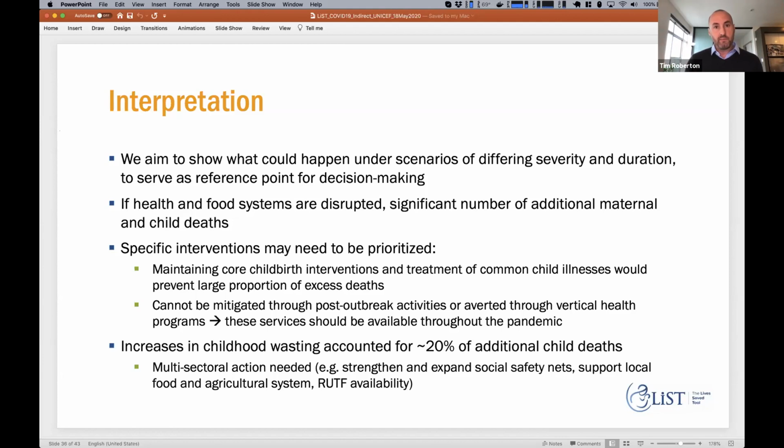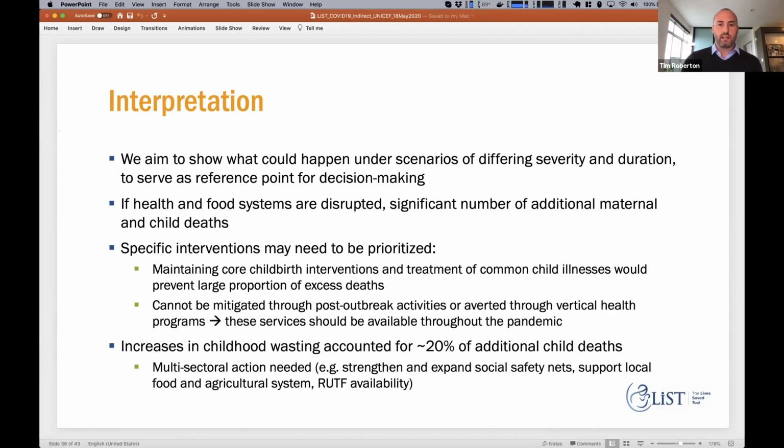And another takeaway might be that an increase in wasting could have a particularly pronounced impact in terms of additional child deaths. So in our scenarios, child wasting accounted for around 20% of the child mortality. But again, our assumptions around wasting were very speculative. So it may be that wasting increases even further, in which case it would account for even more of the